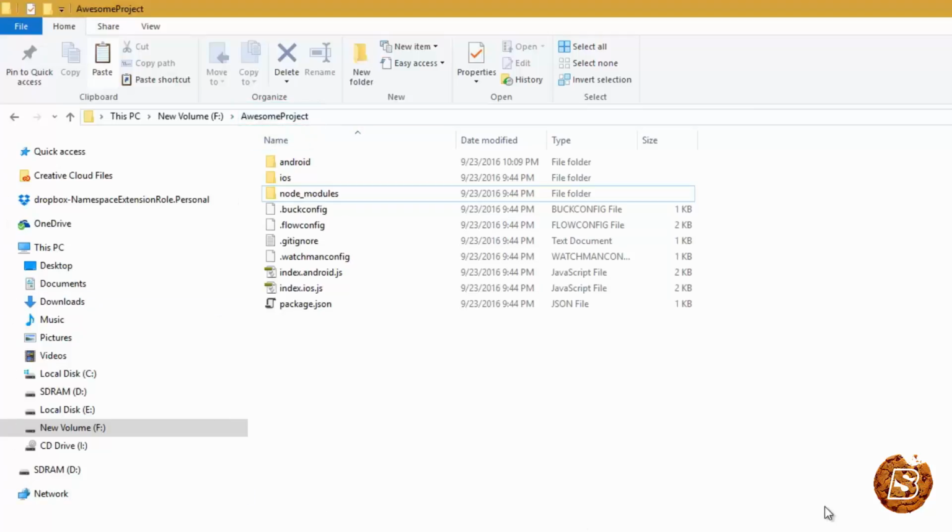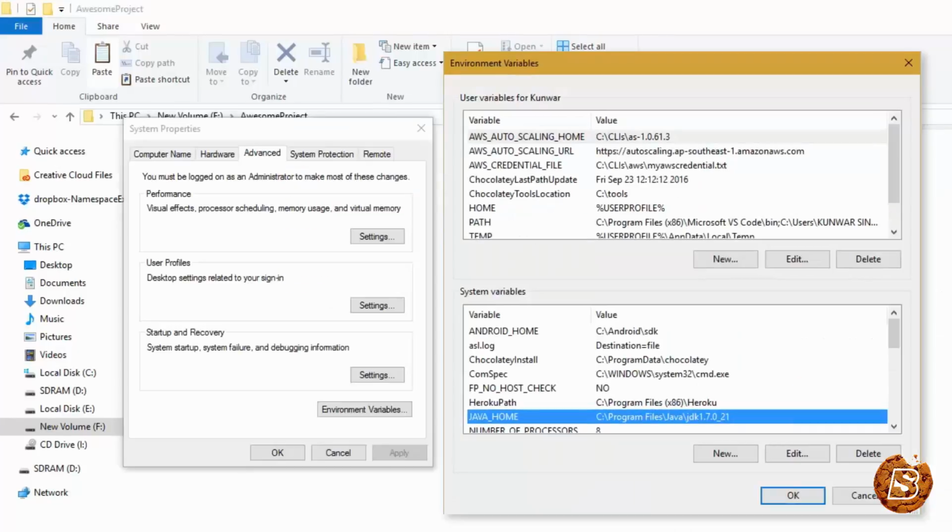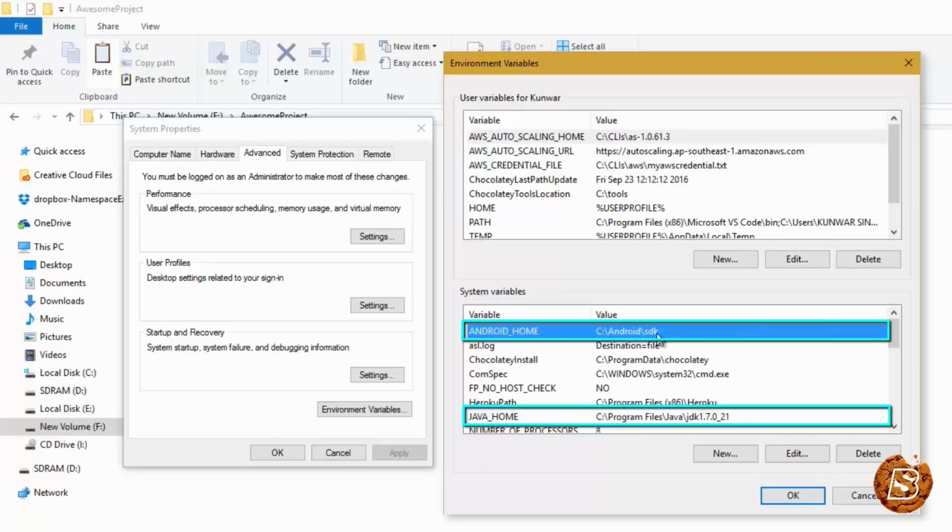Next, you need to set your Java home and Android home variables. So in your system properties, there you can see we have Program Files, Java, JDK 1.7.0. You need to ensure that you set the JDK, that's Java Development Kit, not the Java Runtime Environment. And then for your Android home, you need to set the path for the SDK of your Android Studio. Now once these two are set,